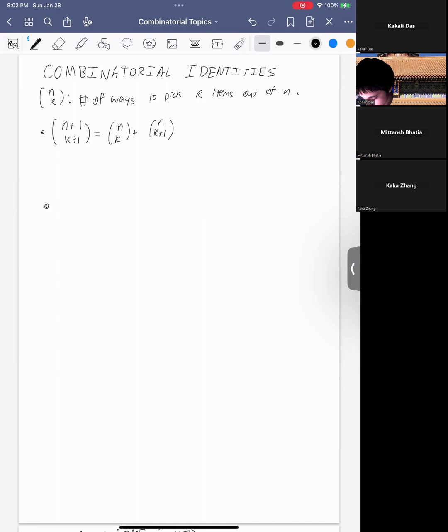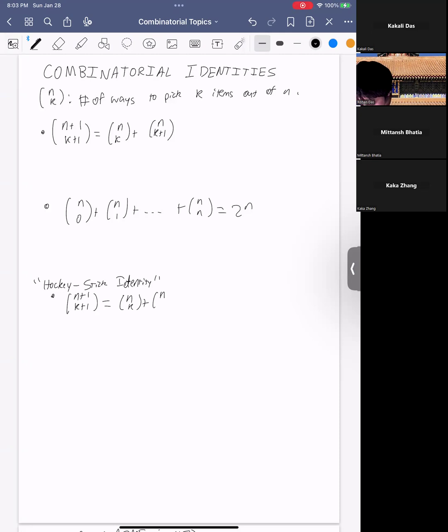Another is that the sum of n choose 0 plus n choose 1 until n choose n is 2 to the n. Then there is the hockey stick identity, which states that n plus 1 choose k plus 1 is n choose k plus n minus 1 choose k, etc. until k choose k. And the last one is Vandermonde's identity, which states that